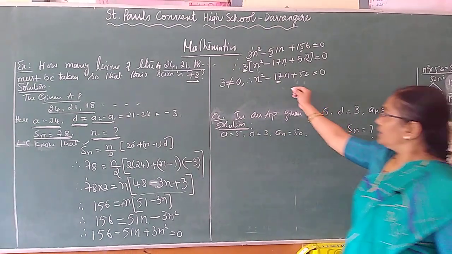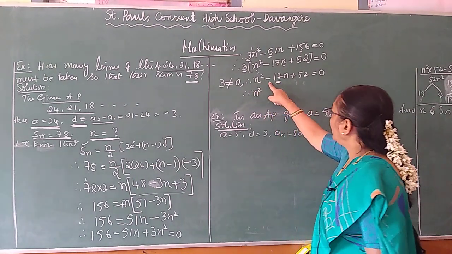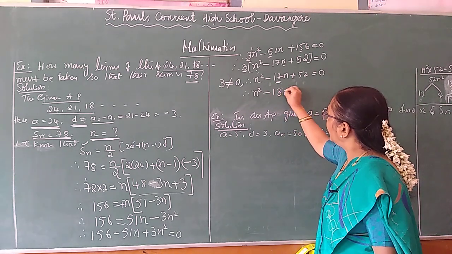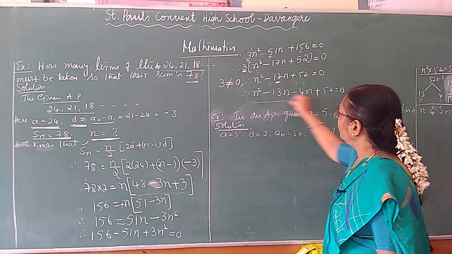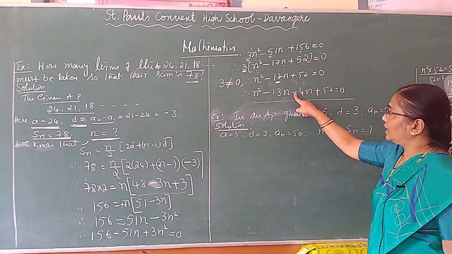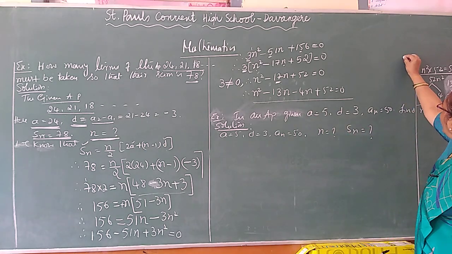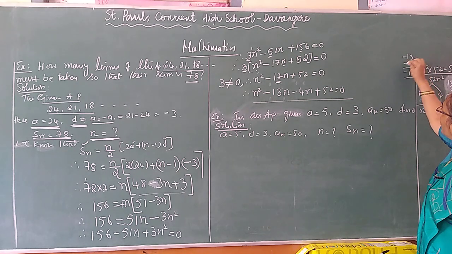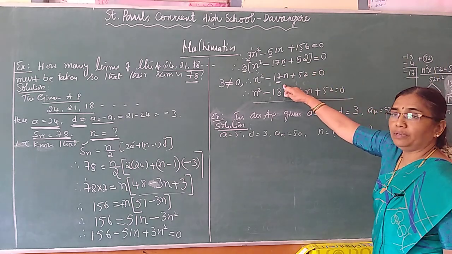So now you split the middle term of n square. We want both to be minus because here it is a plus. Therefore minus 13n minus 4n plus 52 equal to 0. You know, always take the bigger number first and then the smaller number. Here both have negative signs, therefore you have minus 17 by adding. By multiplying, minus into minus is plus 52. So we are getting the last term and also the middle term.